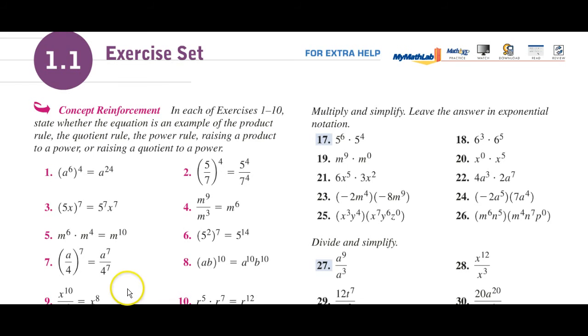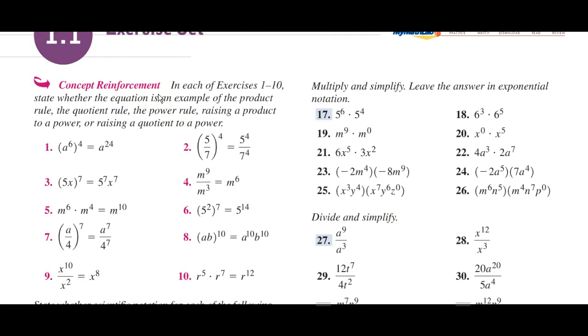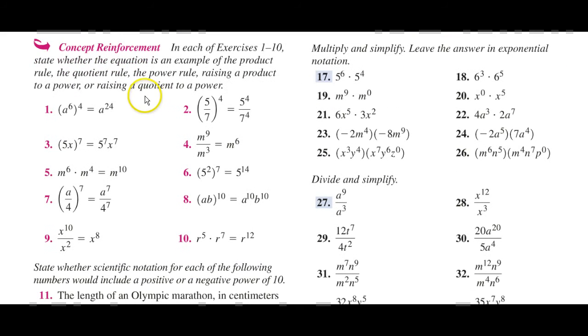What we will be doing here is taking a look at the exercise set that is found at the end of your lesson on topic 1.1 in your textbook. So we're going to take a look at these and see, as we look at each example, what you think the answer is. So for this first one, we're asked whether these examples are of the product rule, the quotient